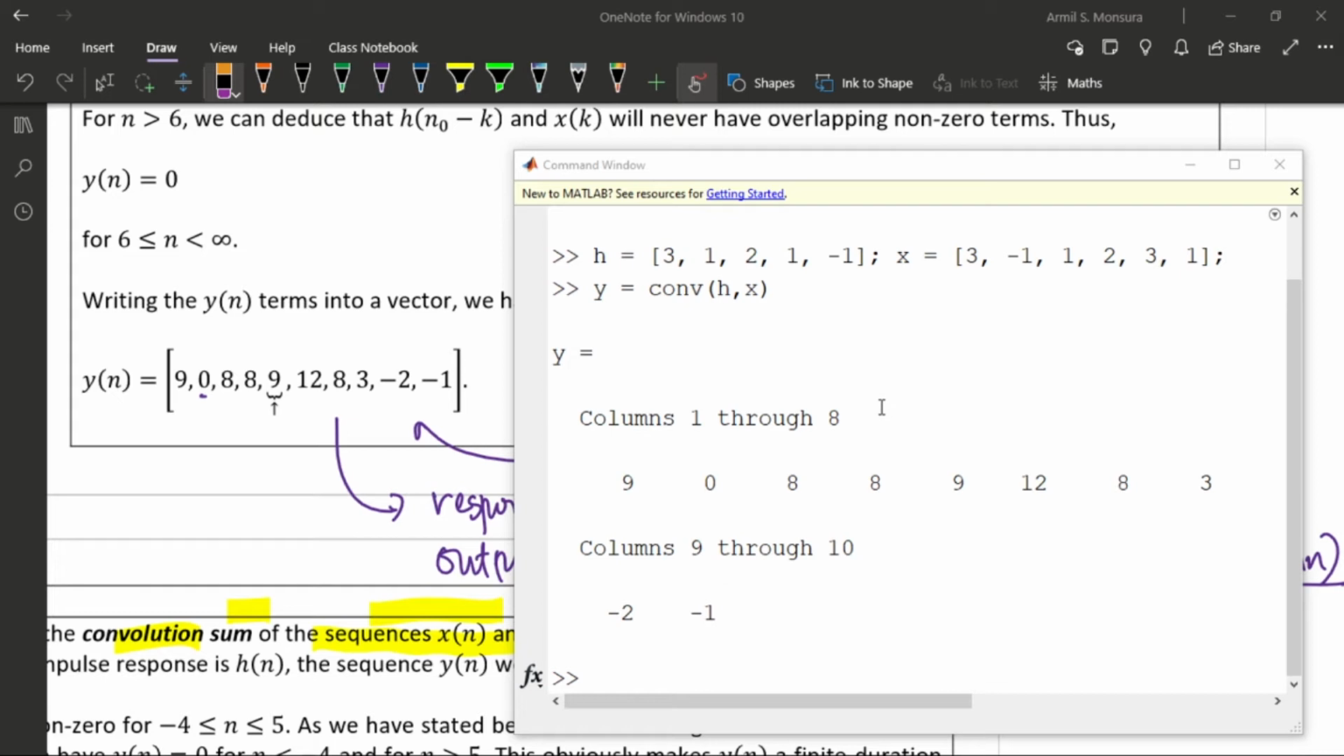Ang problema natin dito is that we don't know kung ano yung time index ng 9 at saka yung time index ng -1. Or in this case, lahat ng time indices nito, hindi natin alam. We don't have any idea. Okay? So, para dun yung modification nung function na